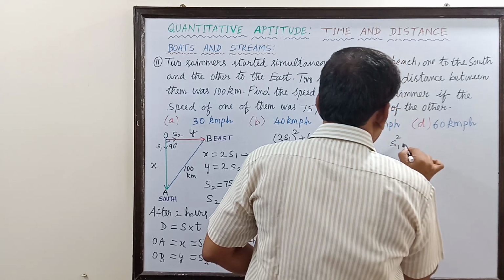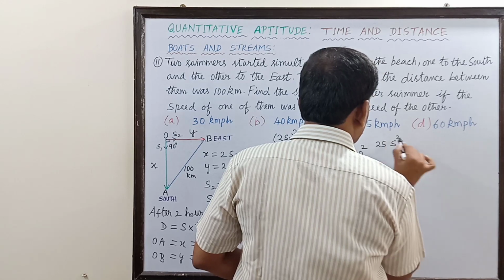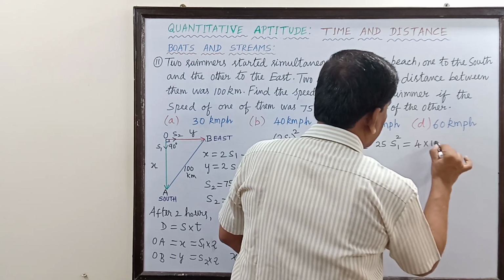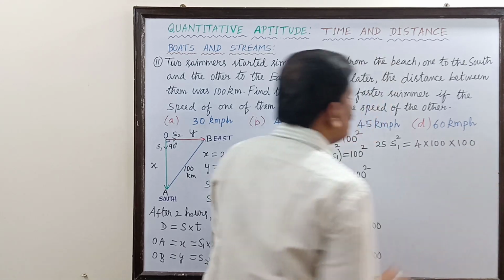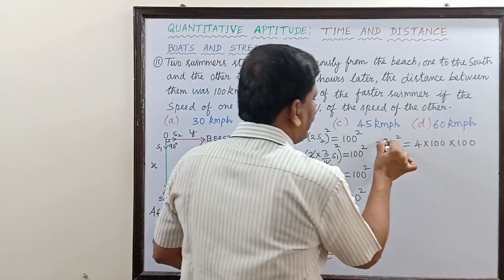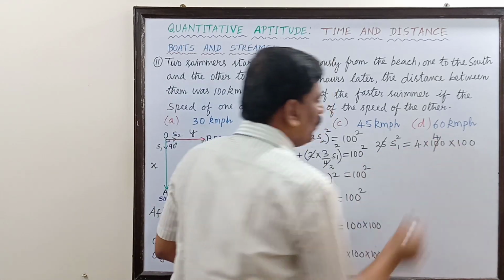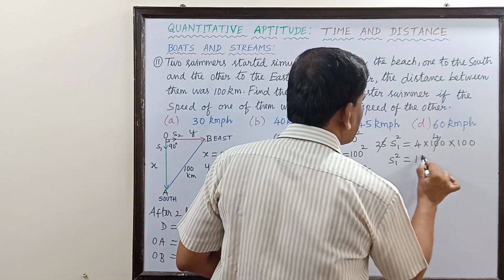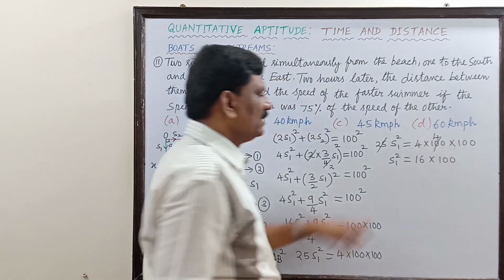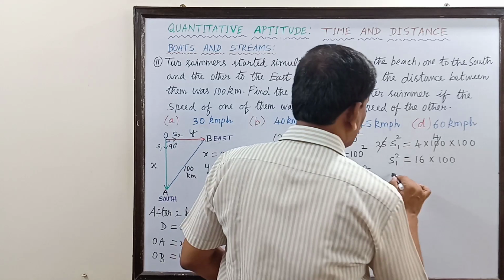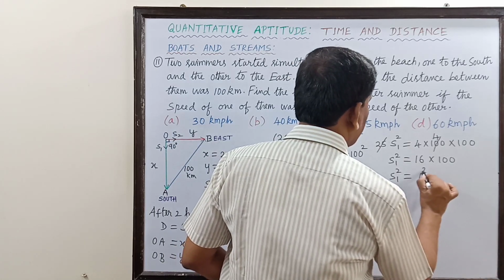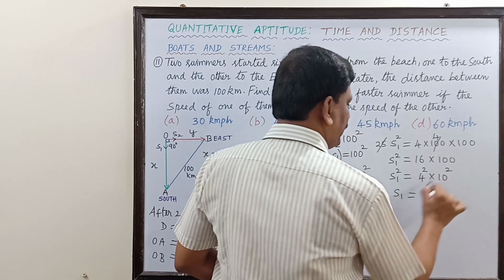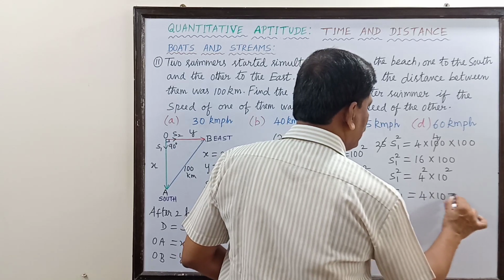25 s1 square is equal to 4 into 100 into 100. Now, if you divide by 25, this will be what? Once again, 25 into 4 is 100. So s1 square is equal to 4 into 4 is 16, 16 into 100. So this is 4 square, this is 10 square. So s1 square is equal to 4 square into 10 square. Therefore, s1 is equal to, if you take a square root, it will become 4 into 10 is equal to